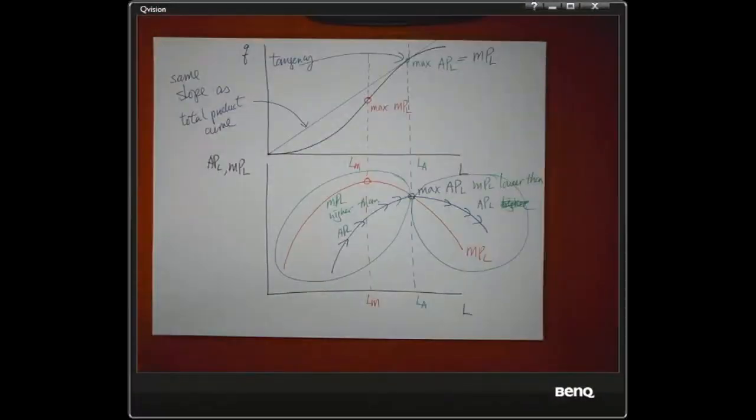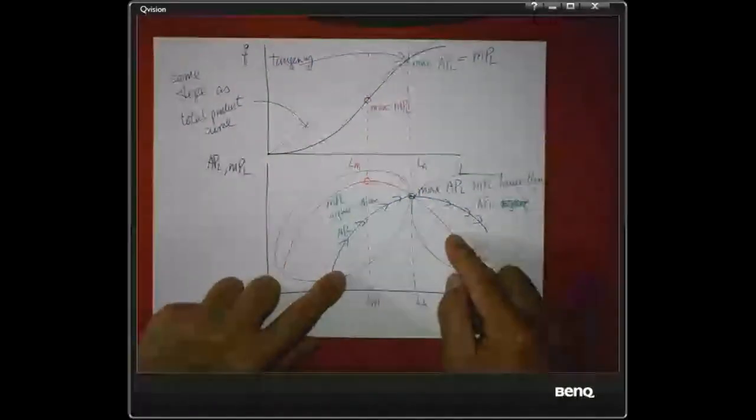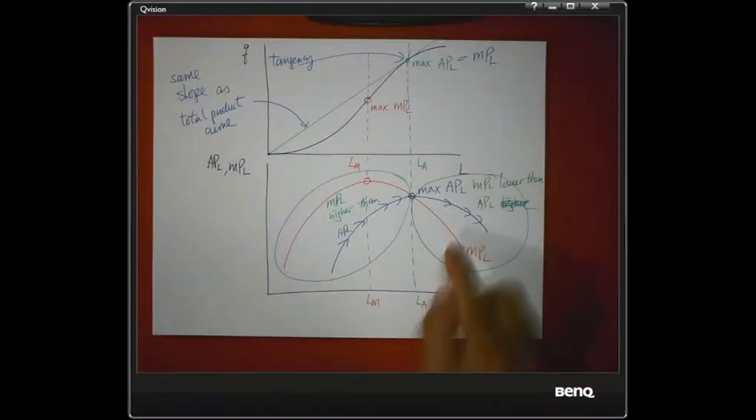So from the total product curve, we can figure out the average product and the marginal product of labor. The next step is to use these two curves to help us figure out the cost curves. So let's take a